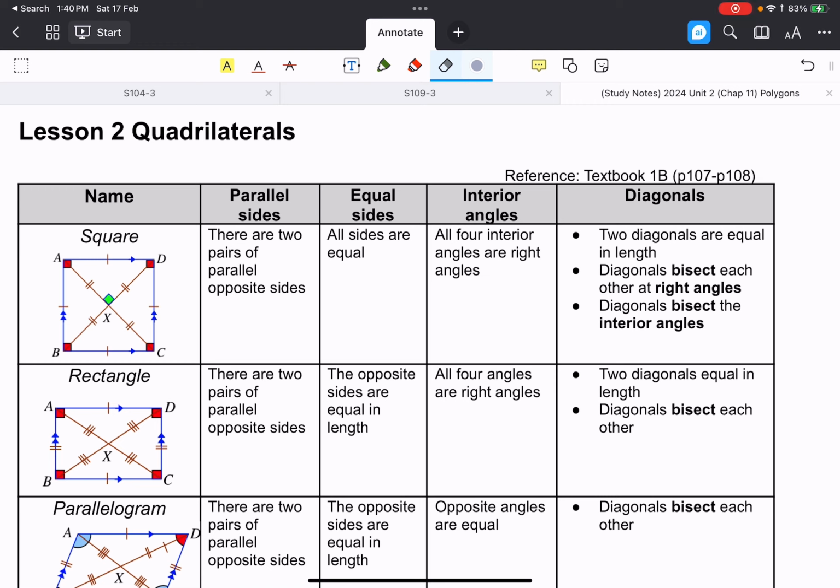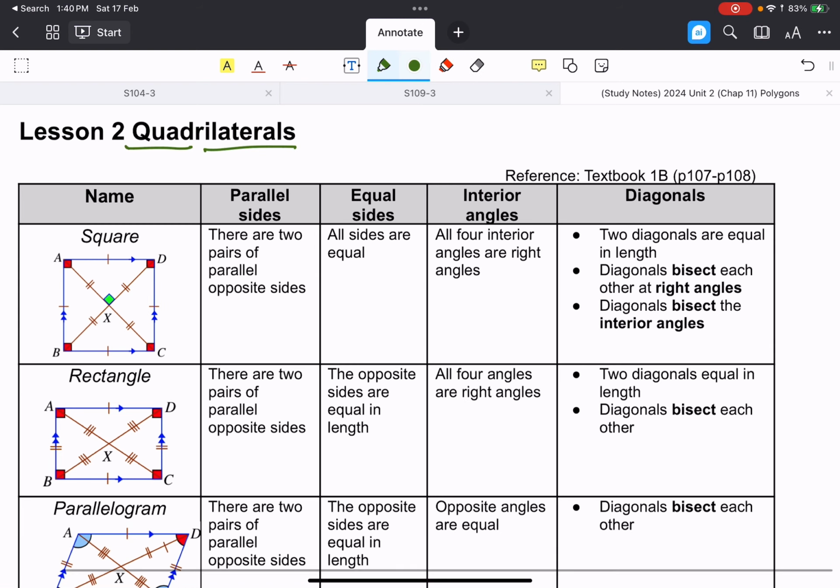So the next polygon we want to look at are quadrilaterals, right? Quadrilaterals are four-sided shapes. Quad means four, and lateral simply means sides. So four sides. Okay. What I want you to take note of is the part on diagonals because that portion